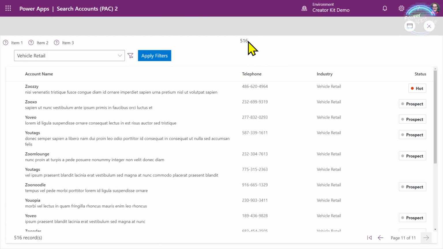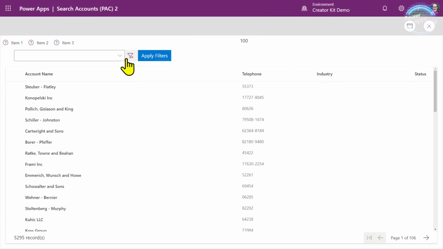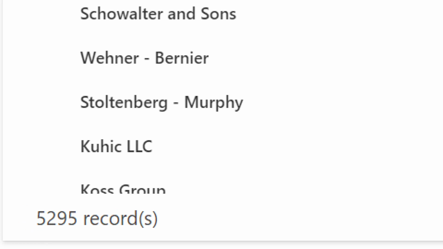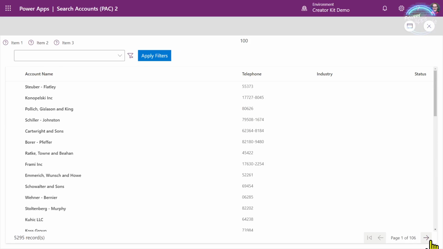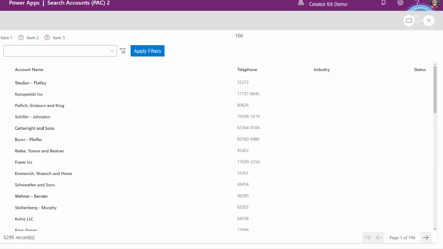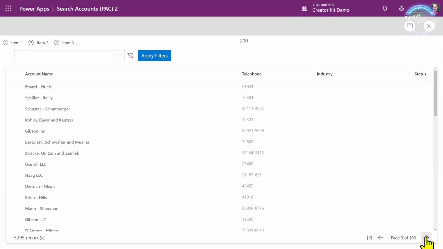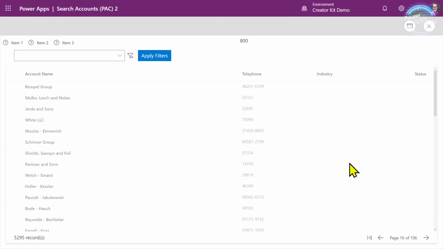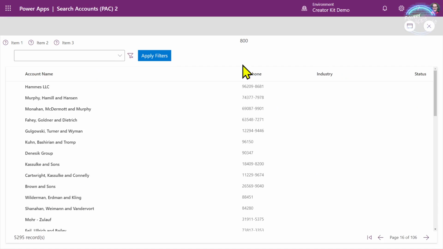And of course, if we had delegation, it would only ever hit that 500 record limit. If I clear the filter, we've now got 5,295 records, and so we've now got 106 pages, and I can keep on moving through all of those 106 pages. I can keep on going, and it's going to keep on loading more and more records, which is great.